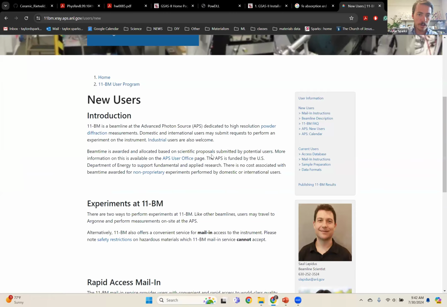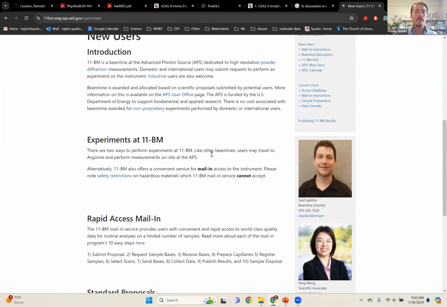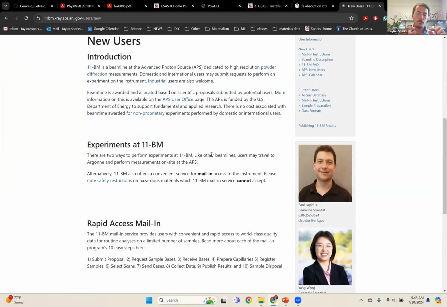Maybe it'll show some pictures of it here in their mail-in. No, they don't. But they mail you little sample holders. You put your samples inside these tiny little Kapton tubes. You package it with a little QR code on the bottom. You mail it back to them, and they do the experiment for you so that you don't have to travel